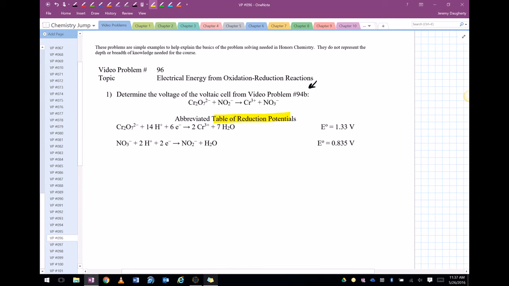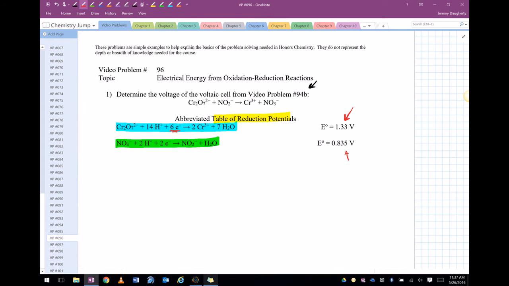So in other words, for this reaction, which is a reduction reaction, we can tell that it's a reduction reaction because we are gaining electrons. For this reaction, it gives off 1.33 volts. This reaction gives off 0.835 volts. So what we need to be able to do is figure out what's the total voltage